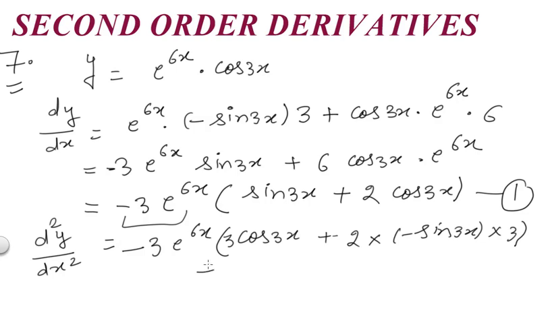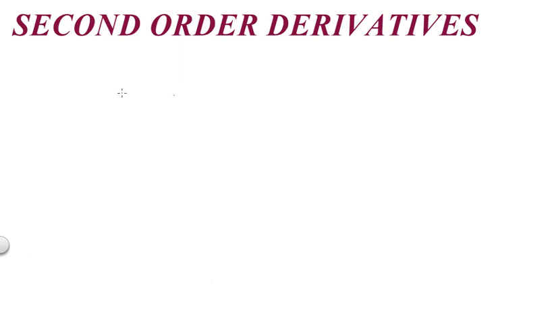Now plus second function as it is and differentiation of first function. First function is minus 3 e to the power 6x. So minus 3 as it is, e to the power 6x will be e to the power 6x, and of 6x the differentiation will be 6. Now on the new sheet I will be writing the values, right? Let us take a new page and write second derivative value, d square y by dx square.